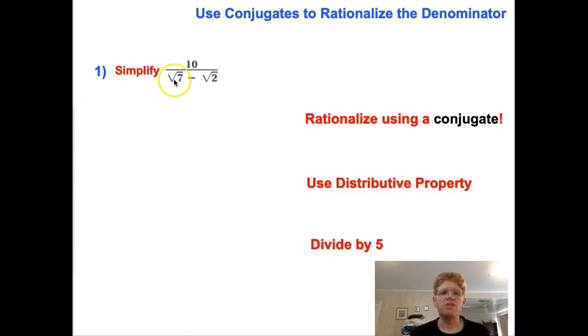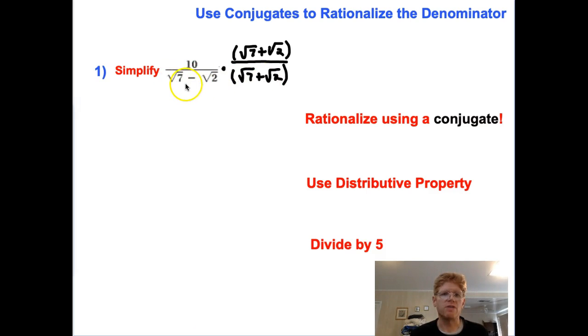In our last lesson, we learned that we do not want radicals in the denominator of a fraction. So we've got to find a way to get rid of these. But in this case, we don't just have one, we have two, and they're being subtracted. So what's an easy way to get rid of those? Well, it just so happens that we can use conjugates for that purpose. We can multiply this by, on the bottom, the square root of 7 plus the square root of 2. And then, of course, because we can't just multiply things without consequences, we have to multiply by 1. And to do that, we'll multiply by the square root of 7 plus square root of 2 on the top as well. And it's important to remember you're multiplying by the conjugate, so you've got to change that sign